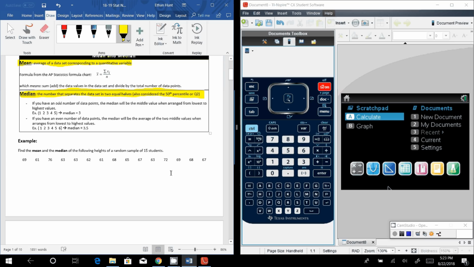So a couple of things that I noticed. First, it asked me for the mean, then it asked me for the median, and we're talking about heights of 15 students. So the first thing that I'm going to do before I even touch my Inspire is say, okay, I would like my x bar, my mean for the sample, and I would also like my median for the sample. Okay. So now that I have it organized, I am going to go over to my Inspire, and from the home screen, I am going to add new document,